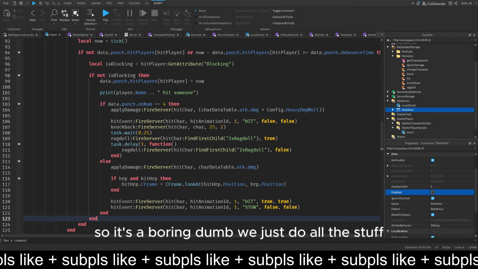So if it's not blocking, then we just do all the stuff, and then we can print